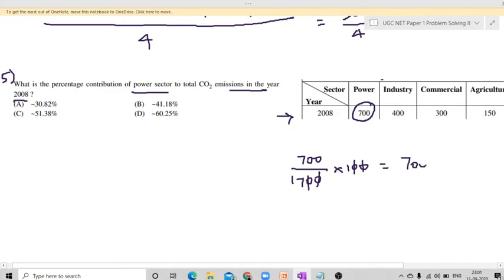We are getting it to be 700 by 17, which will be very close to 40s, right? Because 17 fours are 68, and we have a balance of 20, which is one time 17, so 41 point something. This is enough for us to confirm that our answer must be option B, because that's the only option suiting our value. Yes, fine. So again, with an approximation process itself, we are able to get the answer. So for this fifth question, option B, 41.18 is going to be the answer.